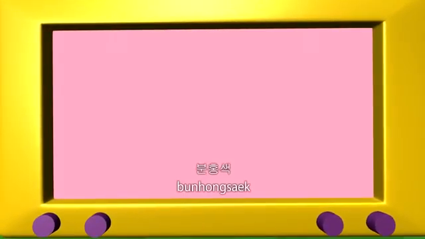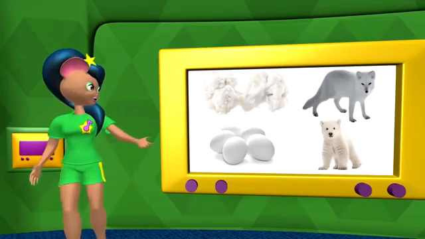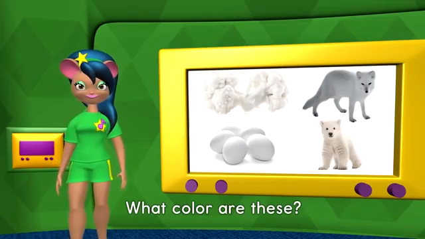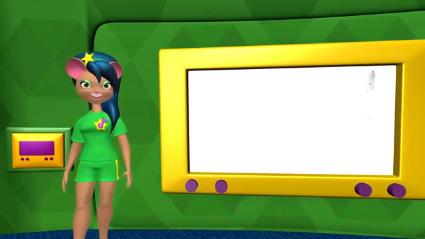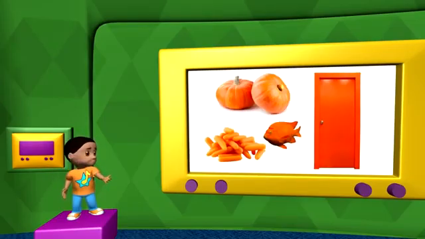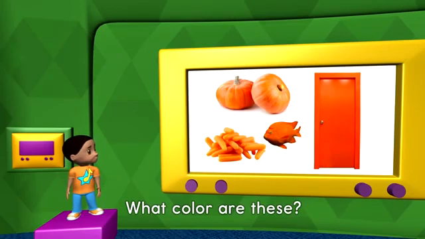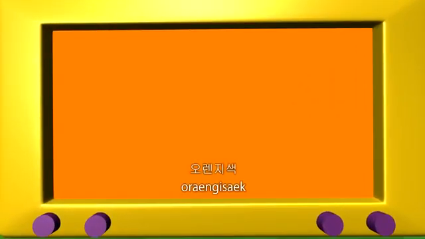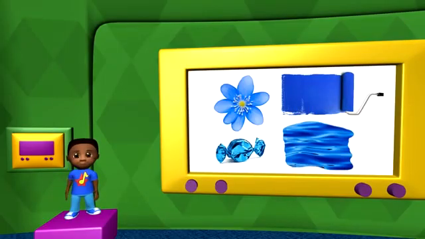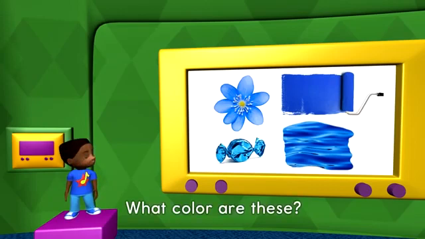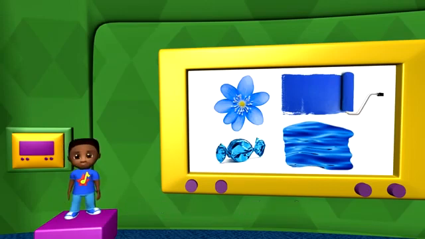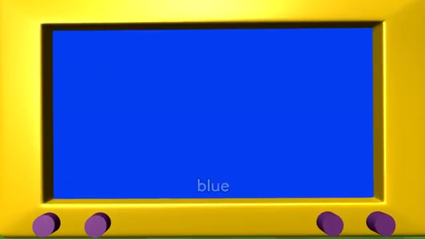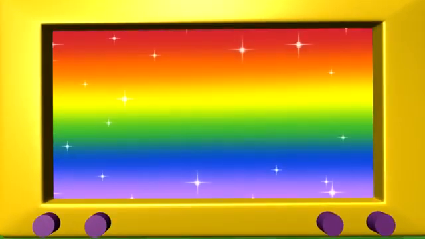Pink, 분홍색, what color are these? White, 하얀색, what color are these? Orange, 오렌지색, what color are these? Blue, 파란색, the colors, 색깔,